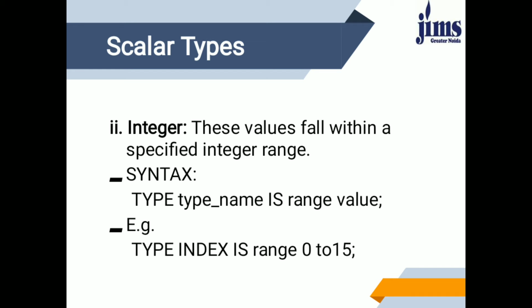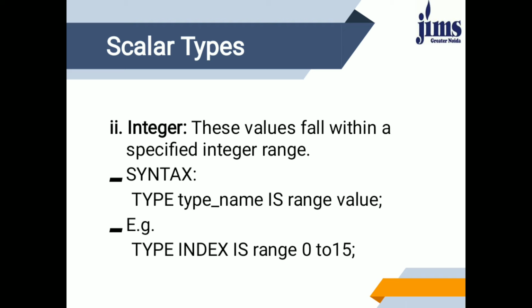We can define the subtypes of a base type whose range must be wholly contained within the bounds of the range of the base type. For example, type num is integer. Here no range is defined, and num is the user defined name of integer type. Another one with a range: type index is range 0 to 15. Here index is a user defined integer type, and the range has been defined from 0 to 15. This range can be from minus to plus. It can vary according to that range.